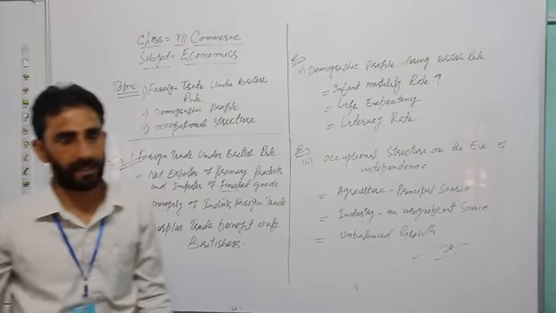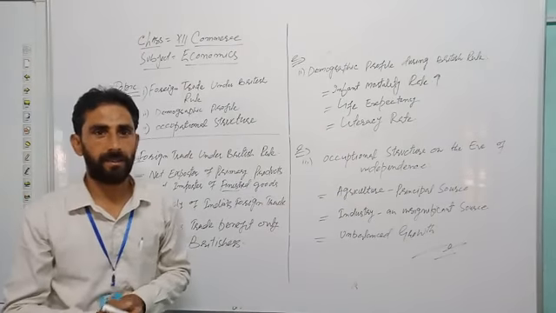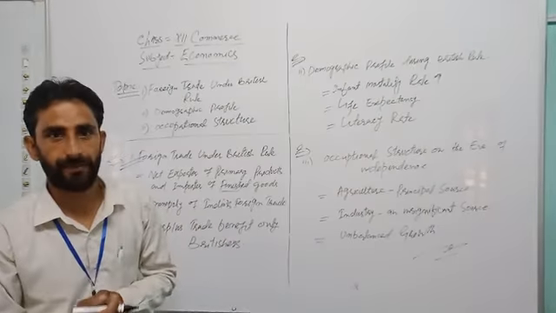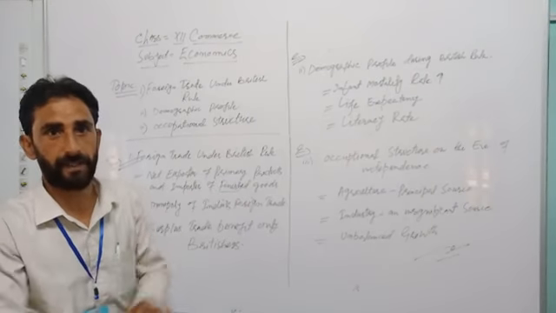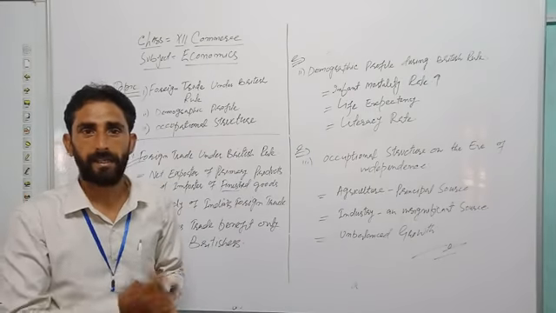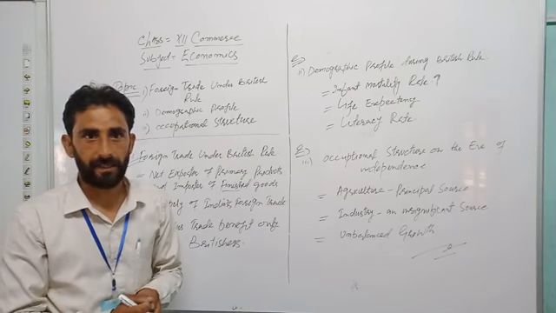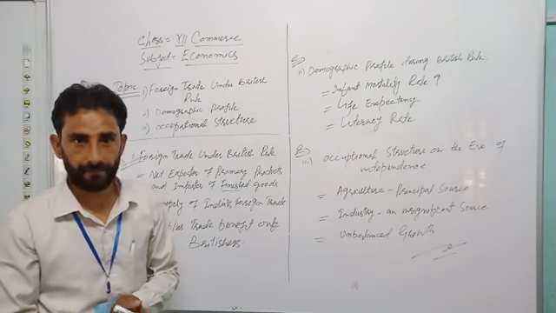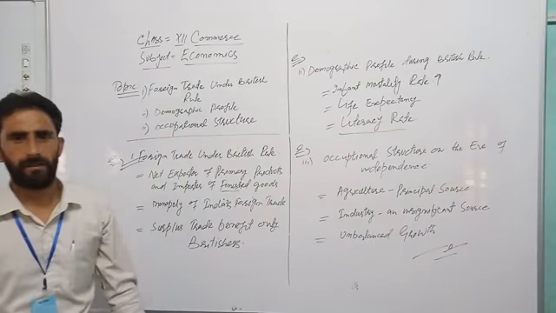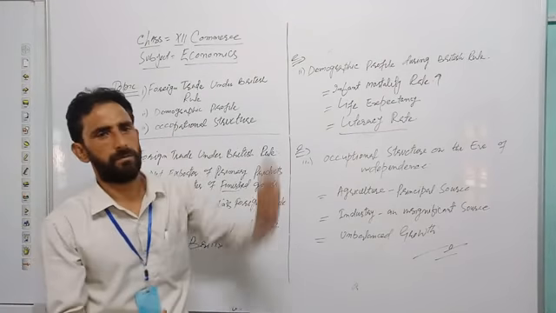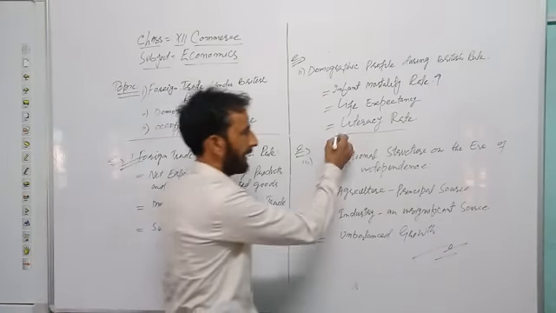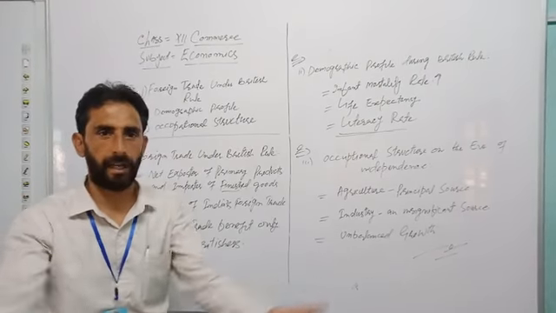Next one is life expectancy. During British rule, it is mentioned in your textbook that it was only 32, but at present it is 65. That is almost half the difference. If life expectancy is very low, that clearly shows there is lack of health facilities, proper counseling is not there, etc. Next one is literacy rate. Literacy rate was totally very low. During British rule it was near about 8 or 9%.